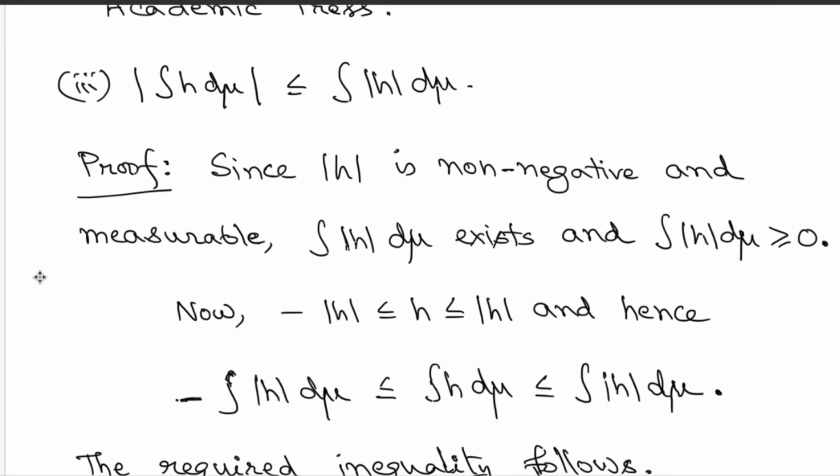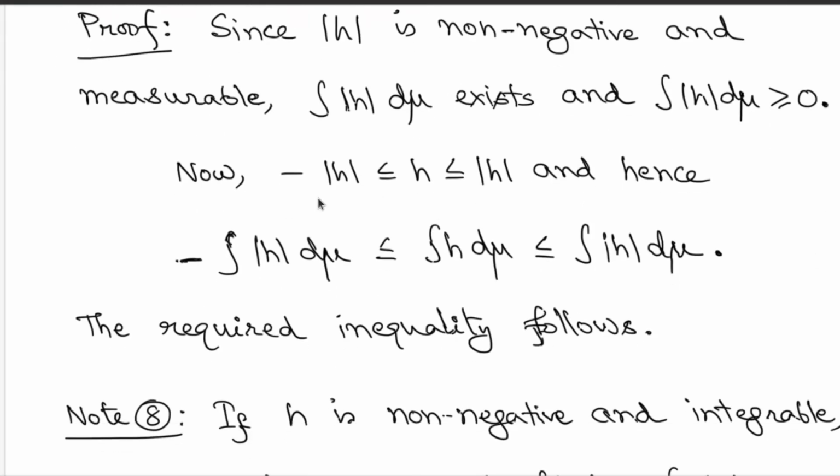So then we now get very nice interesting inequalities following that inequality. Okay. So what we do is look at the integrations of h and mod h. Observe that given any measurable function h, the function mod h is always non-negative and measurable. This we have already observed earlier. But then you can consider the integration of mod h. So this is the integration of the non-negative and measurable function mod h. So in particular the integration of mod h will be non-negative. Okay, so that's the observation we can make very easily.